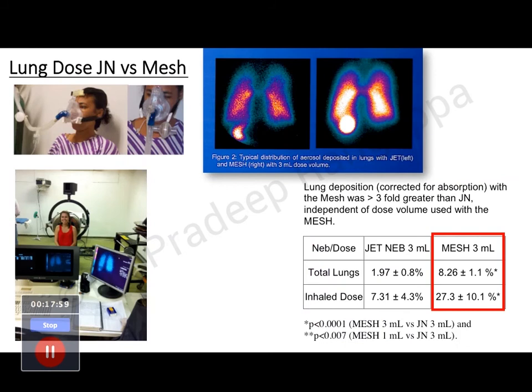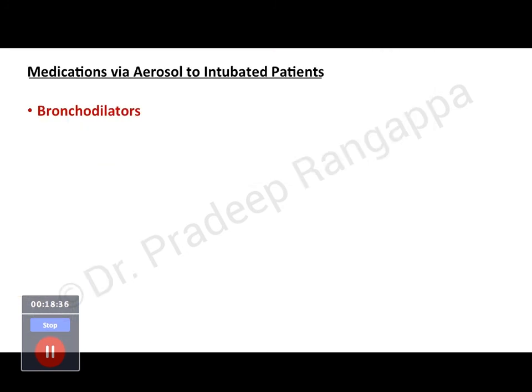And this was another study, which again I think came from the French group. They looked at the radioscintigraphic appearance of the lung deposition. The left one was the jet nebulization lung. This was the vibrating mesh nebulizing lung. As you see, with vibrating mesh the total lung deposition was 27.3% as compared to 7.3% with the jet nebulizer. So your ballpark figure with vibrating mesh, you can think it will go to double digit, around 15 to 20%. With jet nebulization, you struggle to reach double digit deposition. If you remember one thing at the end of the talk, I think that is a reasonable conclusion.